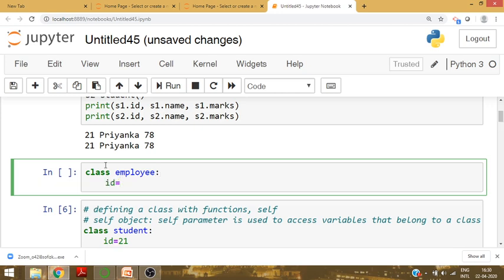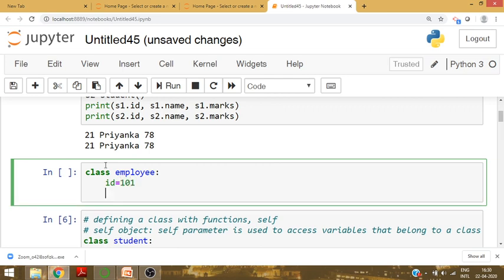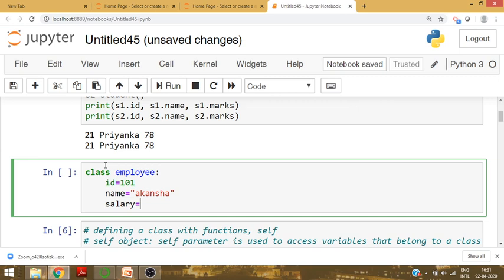Employee has ID, suppose 101. Employee can have a name, any name you can take, suppose Akanksha. And salary, you can take any number. That means a class is defined by using the keyword class, then the name of the class. You can take any name as it is user defined.